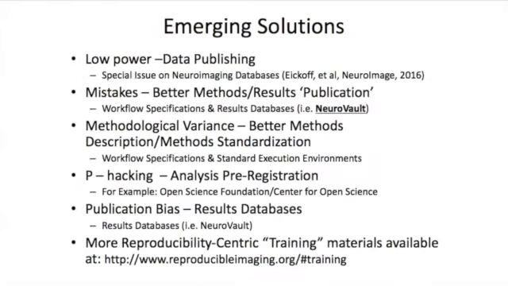There are many solutions and many emerging solutions. And again, what ReproNim does a lot of work on is trying to improve the pile of solutions that are beginning to emerge to be available for people. This issue of low power, one of the solutions, of course, is data publishing, data sharing. We used to call it data sharing, now trying to give the author back control of that, give more power to the collector of that data, the author of that data, and really make data publishing a common part of how you approach a study.